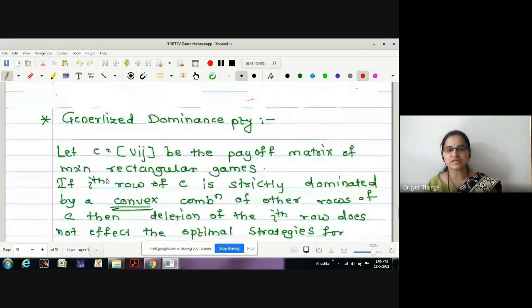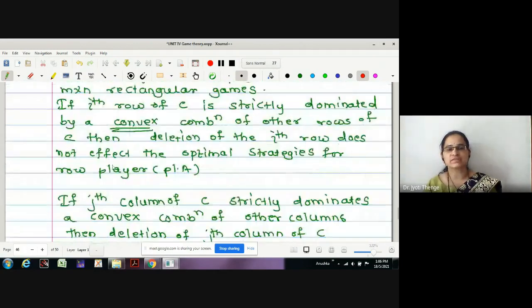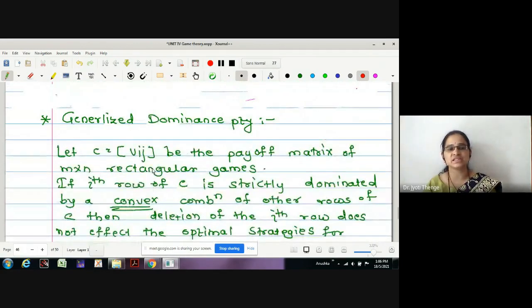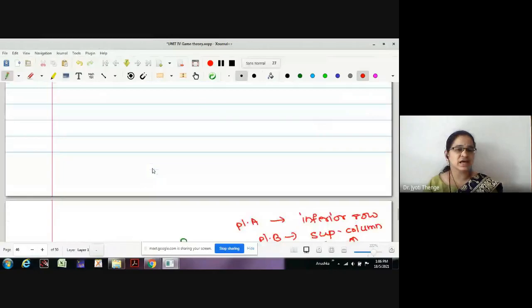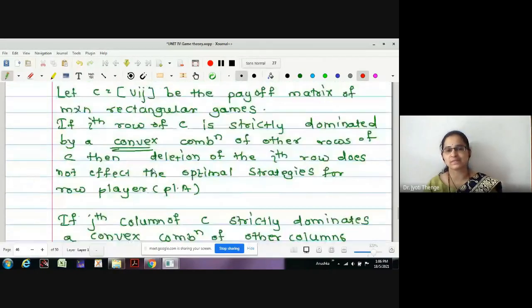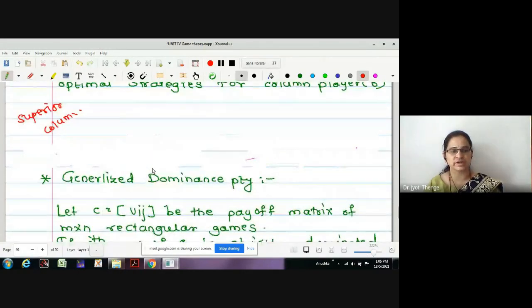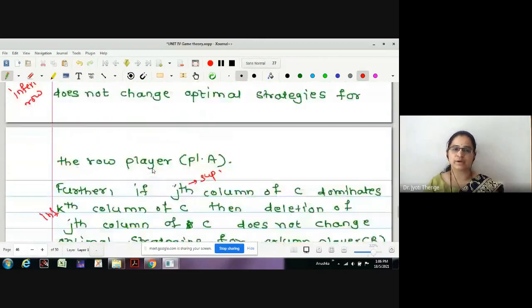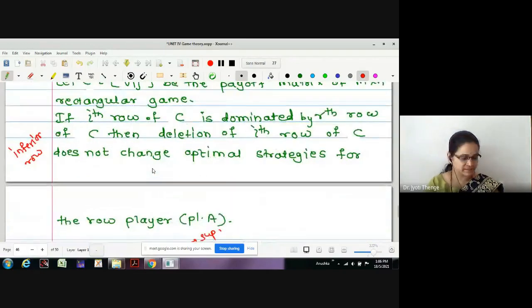Any doubt in the dominance property? Actually, for the two properties we have written, dominance and generalized dominance, both have proofs, but it is not for our syllabus. This is only the rule we have to study. Therefore, I told you the rule and the example to solve this by the rule of dominance. If you have any difficulty in the rule of dominance, you can just ask me. Unmute yourself and ask me. Yes, students, if you have difficulties.